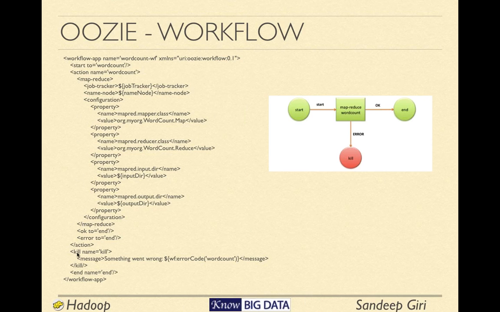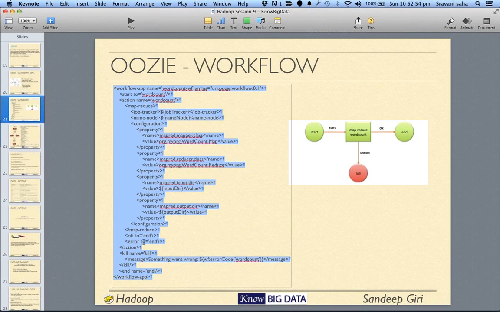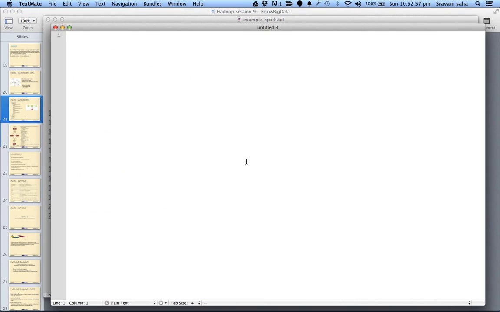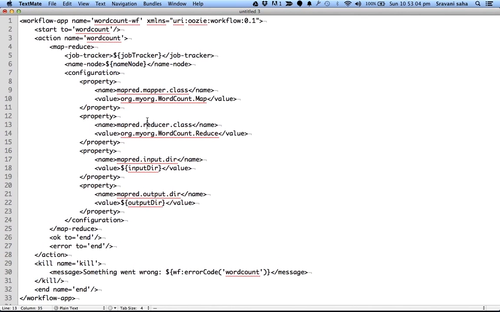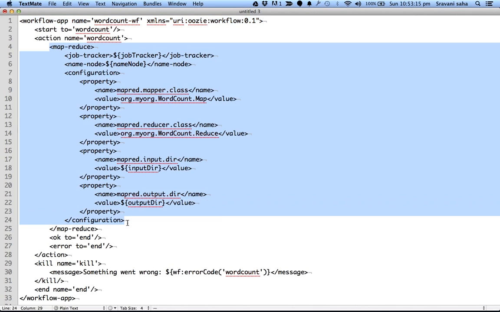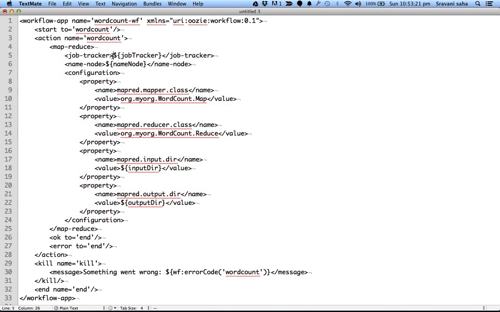After that you basically define what it has to do in case of error. Let me increase the font. Here's the workflow app, and here is how you define MapReduce. You have to tell that this is the job tracker, this is the name node.